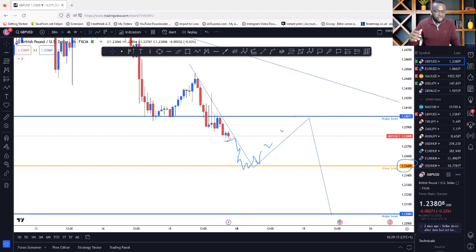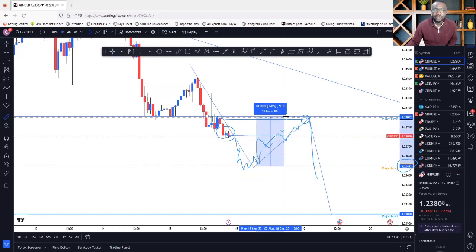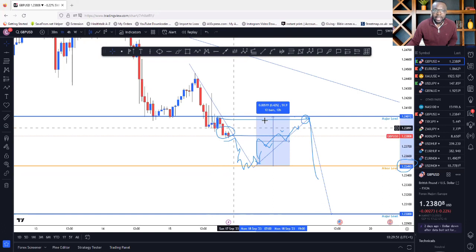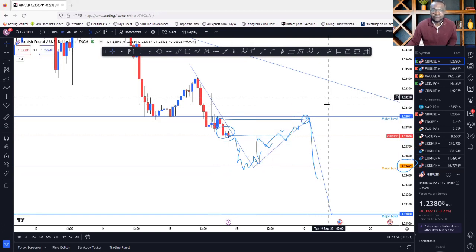Question: do you need to trade the retracement? Well, it is a yes and it is a no. You don't have to. But those of you that scalp, you can scalp the retracement and wait for price action around this level, where you have this order block, and then wait for price to again tank to the downside. This is 50 pips to the upside for those of you that trade scalping. You can scalp this 50 pips up, and that's a beautiful trade. There's nothing wrong with scalping it. It may not get up there, but at least you can scalp 35 to 40 pips out of that if it pulls back.